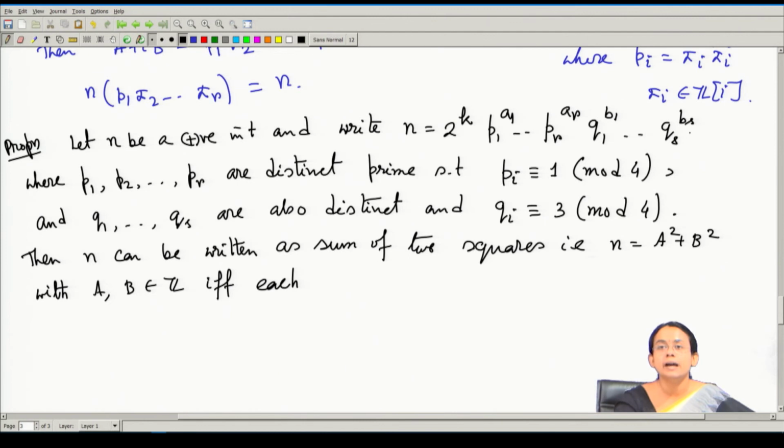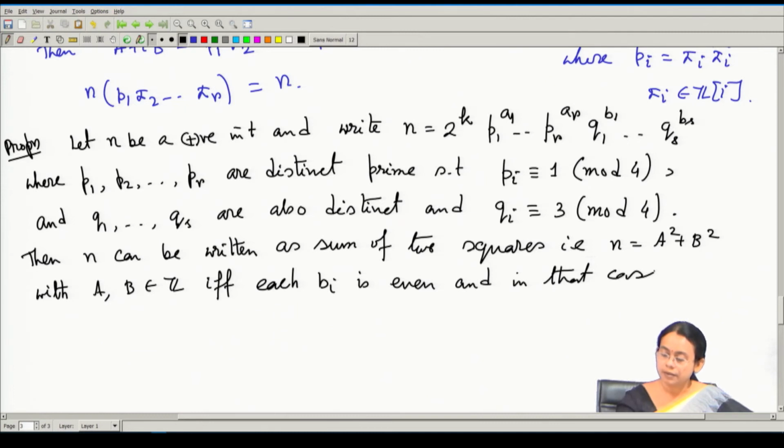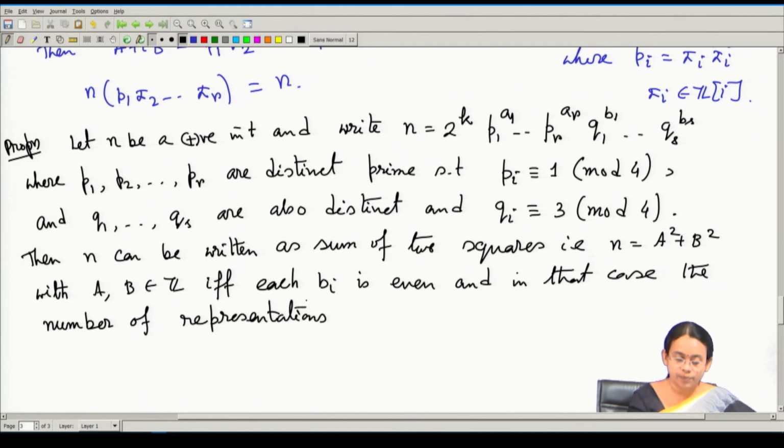That means all these bj's have to be even numbers. So, if and only if each bj is even, and if it can be written, then in that case the number of representations of n as a sum of two squares is